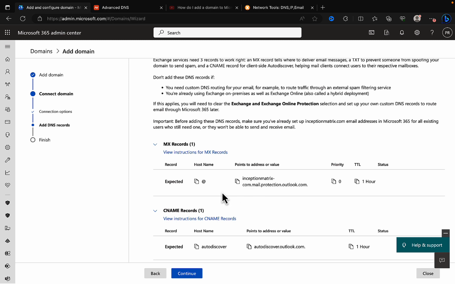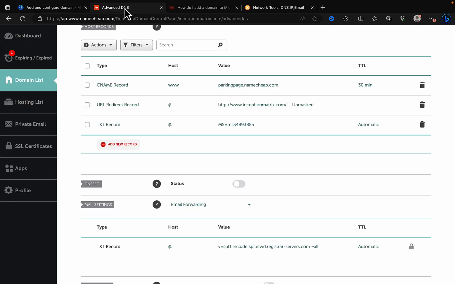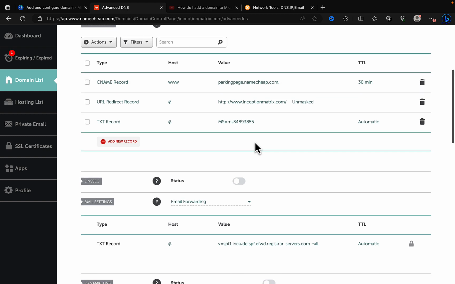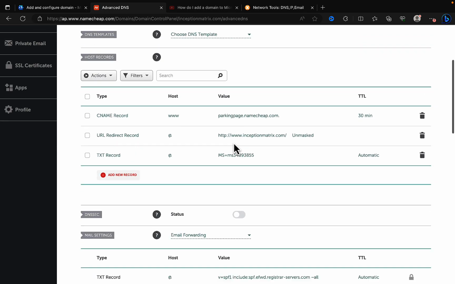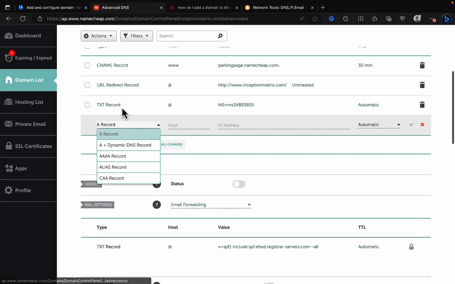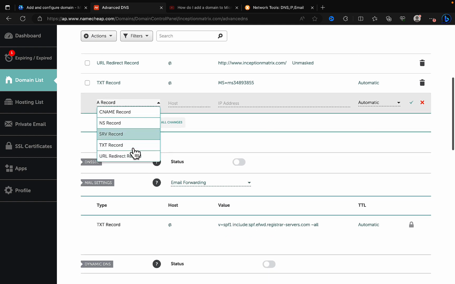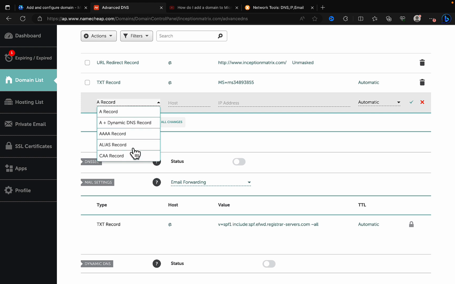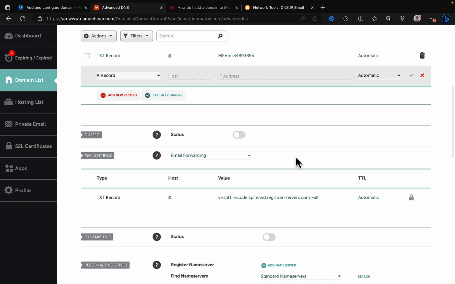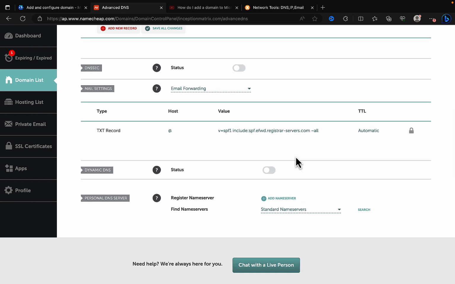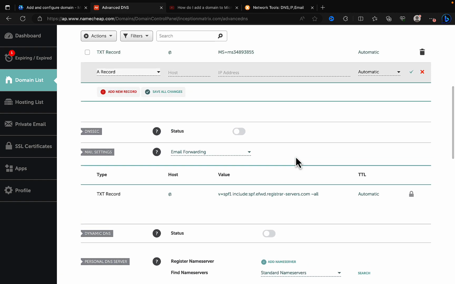So, okay, MX records. So let's go back to our advanced DNS here, and we need to add in an MX record here. So, back in our Namecheap console, let's go to add a new record and scroll down. Now, you'll notice right away that we can't actually select an MX record here. So how do we get this in? And I'm genuinely trying to recall, because it's been a while since I did this,